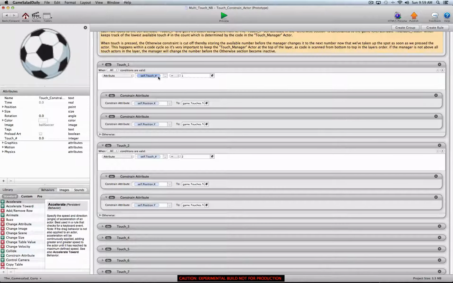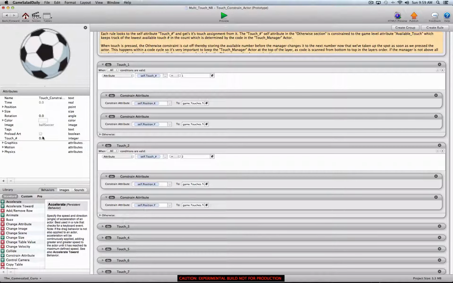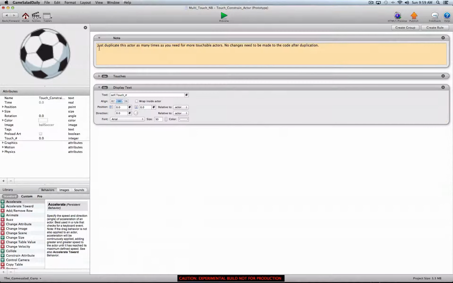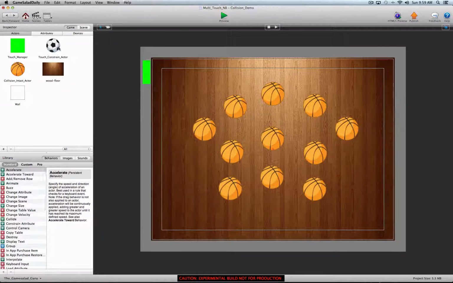So basically, all we're doing here is, when the self attribute, which is linked to the game attribute that is fed by the touch manager, is 1, we're going to be looking at touch 1, and the self position X is going to be connected to game touches touch 1X. Same thing for self position Y, game touches touch 1Y, and as you would expect, 2 through 11. Okay? And here we're doing a straight constrain to the touch position, which basically means no collisions or any of that kind of stuff can happen,